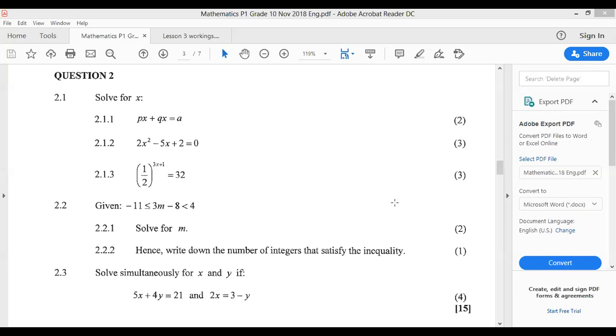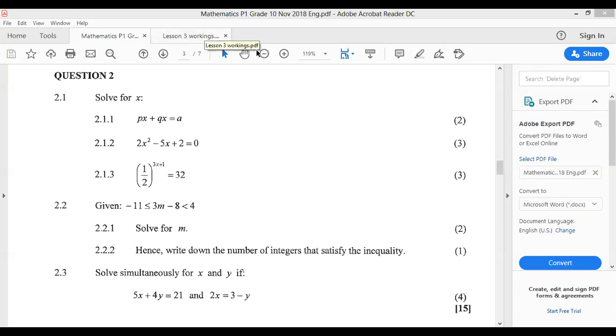Okay, cool. Perfect. Now, let's look at the second one. It says 2.1.2, 2x squared minus 5x plus 2. Now, guys, this one, it's when you factorize. Remember, you did the factorization of a trinomial. So you have to factorize this first, then solve for x. Can you see how important your factorization is? It comes again in your solve for x. No wonder you're supposed to understand your factorization from A up to Z. Does it make sense?